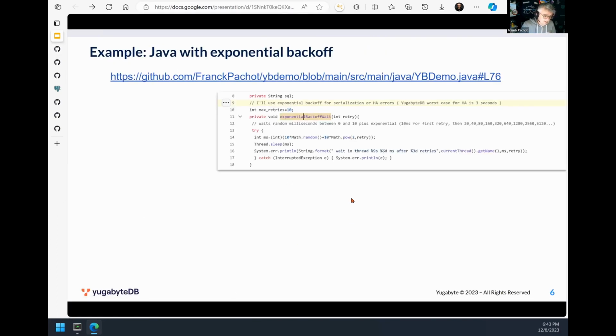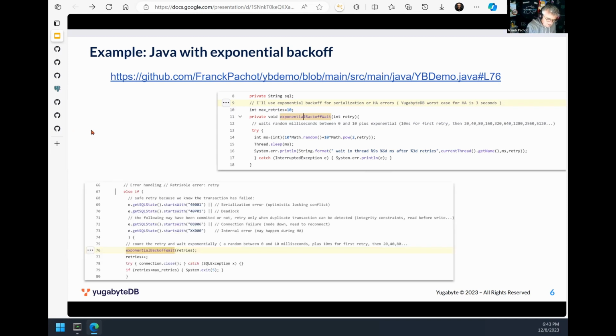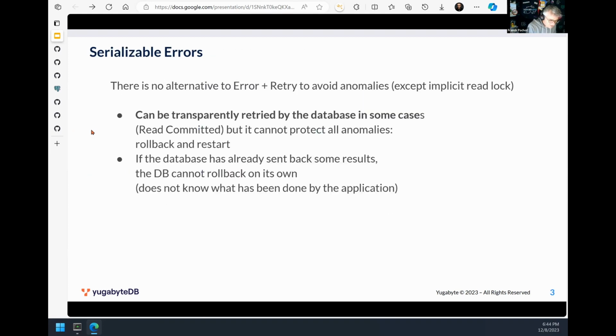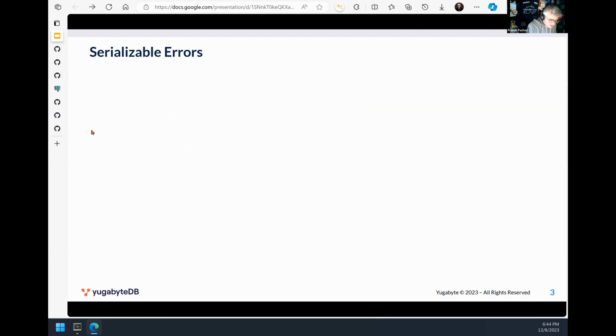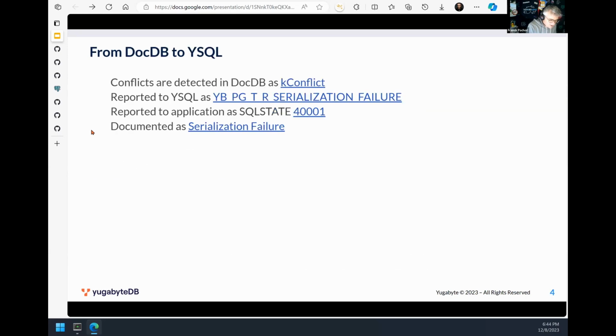So that's an example in Java. It's the code. We cannot use the same code for all applications because the retry itself depends also on what you are doing. For example, here I'm doing an exponential backoff, because what we have seen in pgbench is just a loop. And if I come back, maybe I can show it, or we will see it in a demo later, but just showing the output from